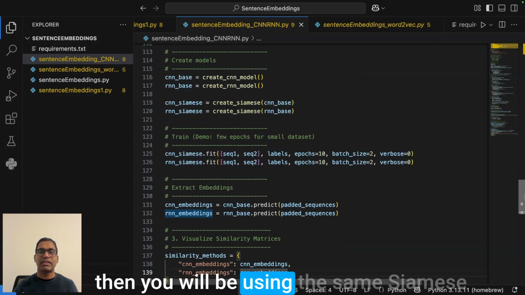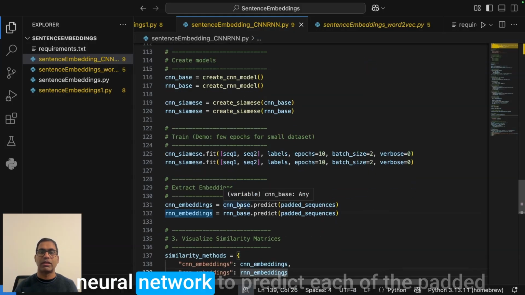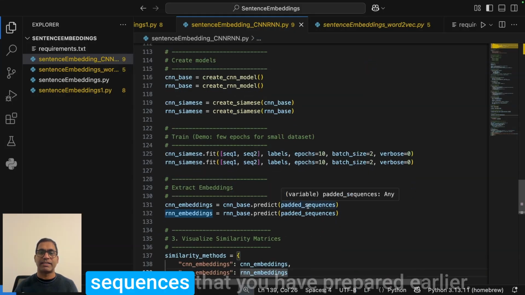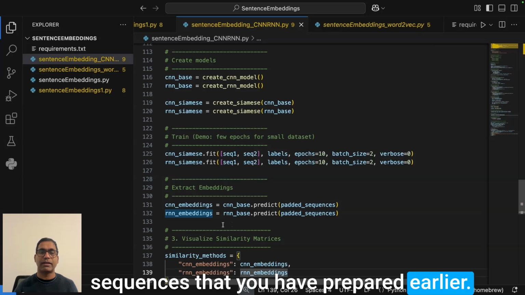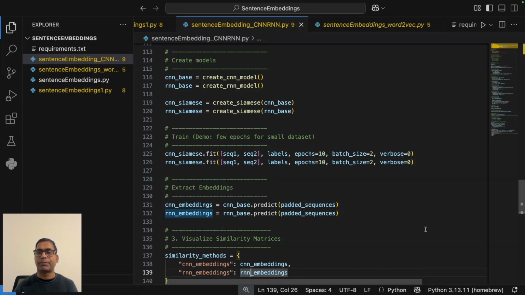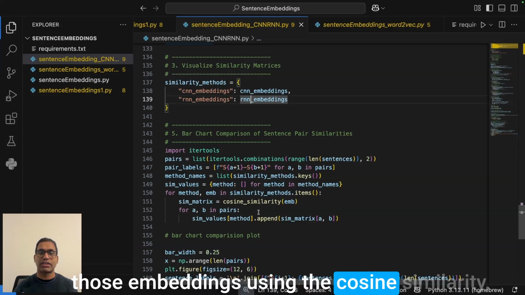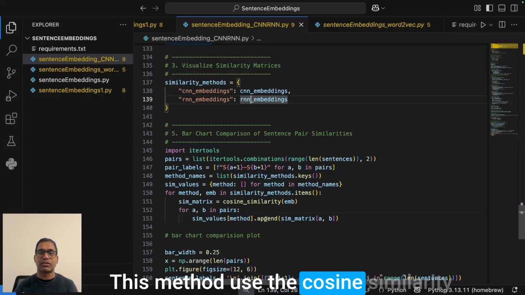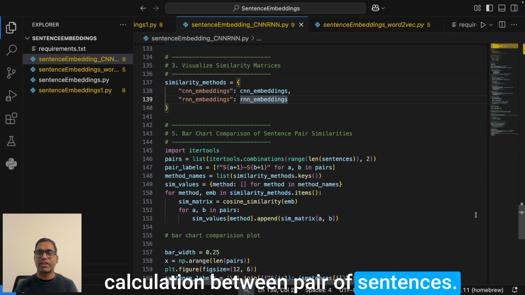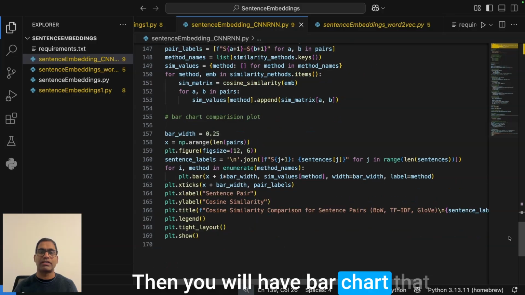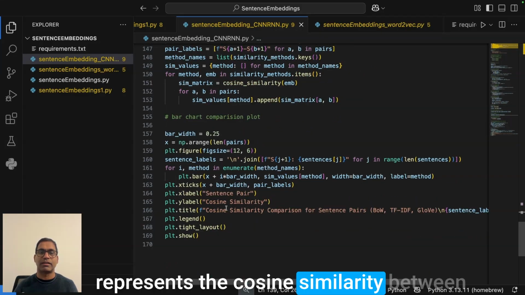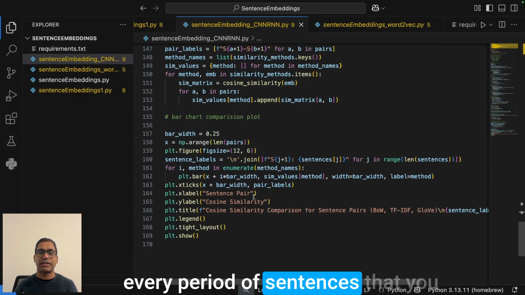Then you will be using the same CNN neural network to predict each of the padded sequences that you have prepared earlier. That will be your embeddings. You will be able to identify the similarity between those embeddings using the cosine similarity. This method uses the cosine similarity calculation between pairs of sentences. Then you will have a bar chart that represents the cosine similarity between every pair of sentences that you have used